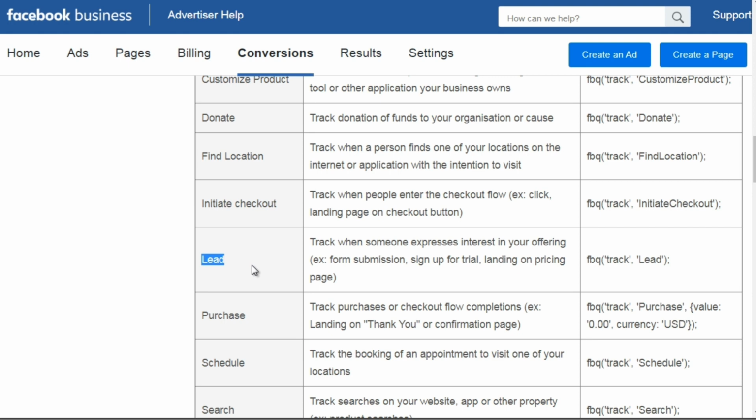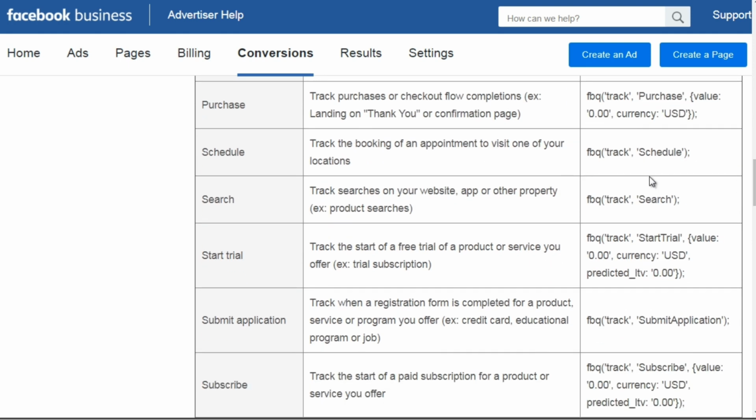They could land on a specific page where you would deem them to be a lead, and you would use that code right here. And then we have purchase. They also have a code for that and a value. So if you're using USD in the United States of America, you would put the number here. So if it was $47, you would put